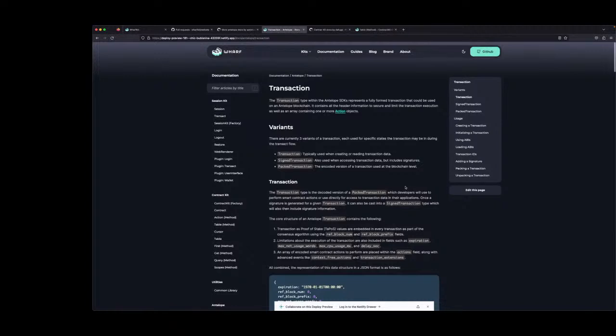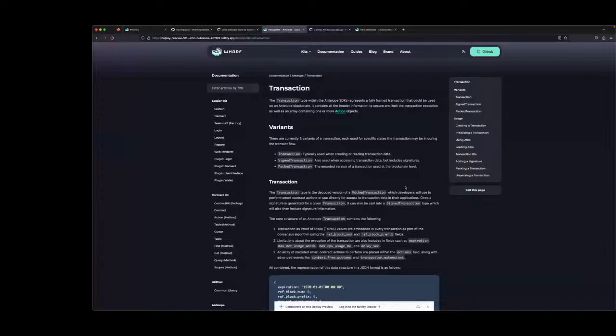It dives pretty deep into the various parts of the transaction object itself: the struct, how it's serialized, pending signatures, packing and unpacking. There are 3 or 4 different perspectives you could use the transaction model for, or the transaction type, I guess. Some of the other ones are just as long.